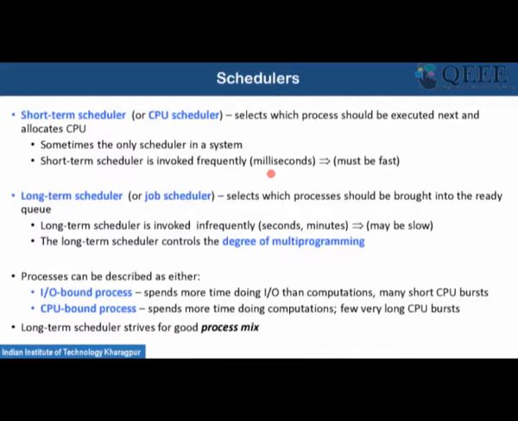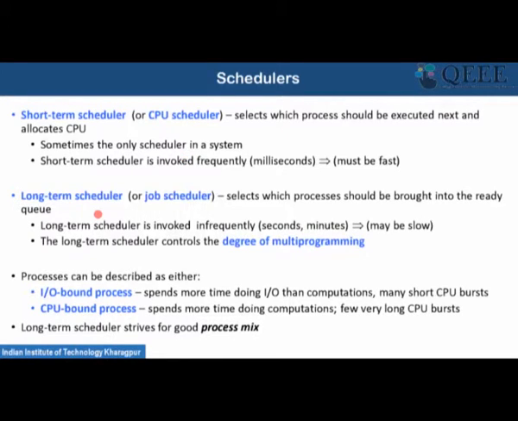In the order of milliseconds, that is, it is very fast, and the purpose for this is that while you are running a process, there are multiple processes there. In a multitasking environment, once a time quanta expires, the process needs to be released from the CPU and put in the ready queue. Now, these time quanta are in the order of milliseconds. That is why this short term scheduler gets executed very frequently, in the order of milliseconds.